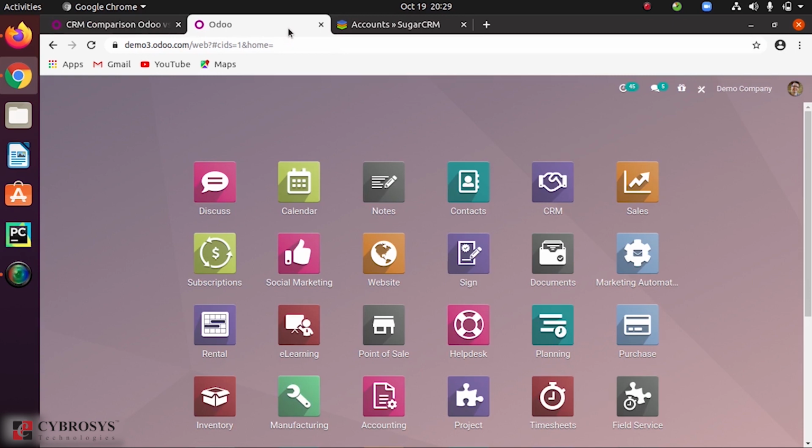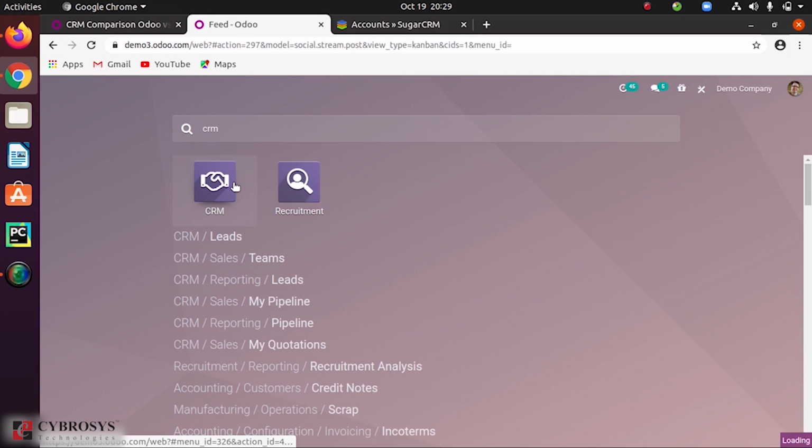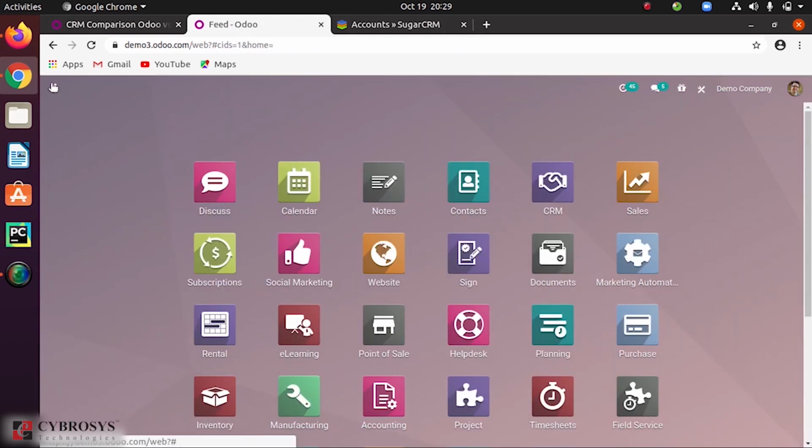So this is the Enterprise Edition of our Odoo. Let's move on to our module called CRM. As we know, CRM is software that enables you to have a good relationship with your customer.